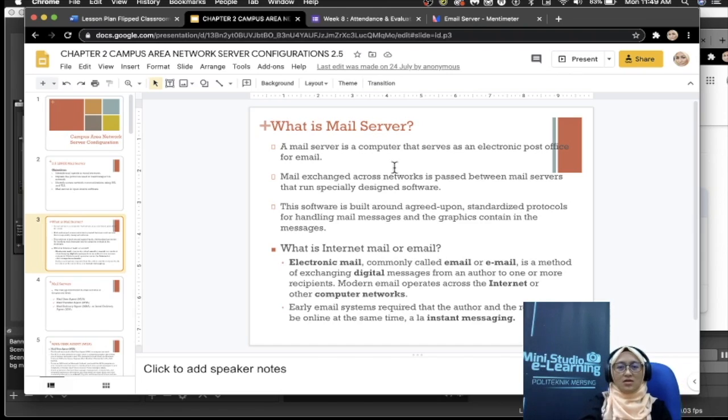mail server. So what is a mail server actually? A mail server is a computer that serves as an electronic post office for email. So mail exchange across networks is passed between mail servers that run specifically designed software. This software is built around agreed upon standardized protocols for handling mail messages and the graphics contents in the